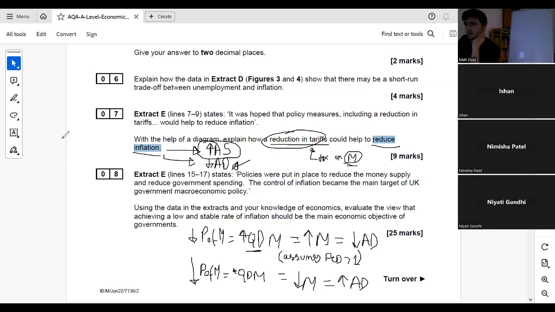But what I would stress to all of you who initially answered with this second chain, that cheaper imports mean more AD, is again that this is the kind of atypical assumption. This is the typical stance. And the reason for that is because we're assuming that in the long run, demand for most things becomes elastic. So this is the typical stance. And this is more like the evaluation where you say, okay, but what if PED is actually inelastic?